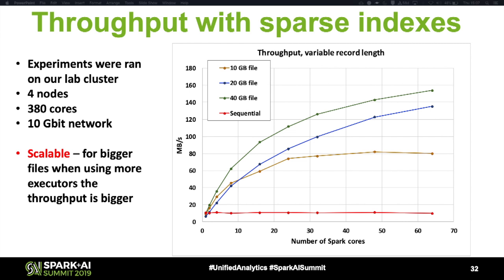When we applied all these optimizations on our lab cluster with 4 nodes, we achieved quite good performance. These graphs demonstrate that the bigger the file you have, the more advantage you get from using more Spark cores to process it. Actually, increasing the input size of the file gives us the ability to increase the number of executors. So this graph shows that the process is not only highly performant, but also scalable.